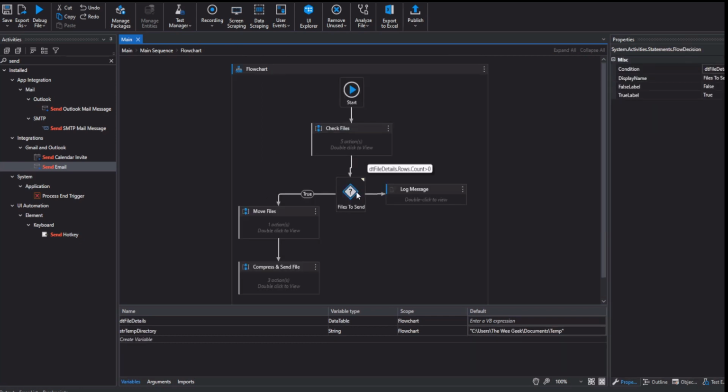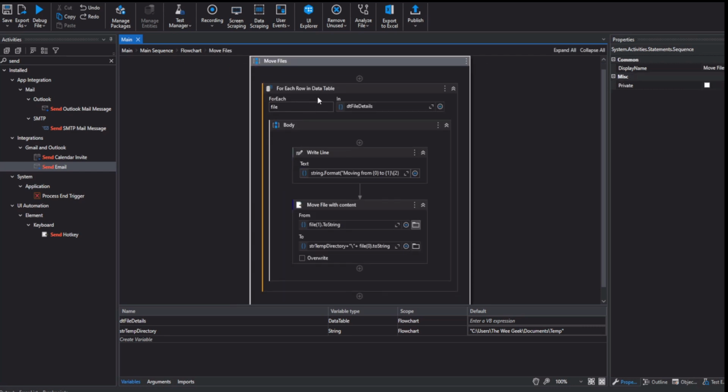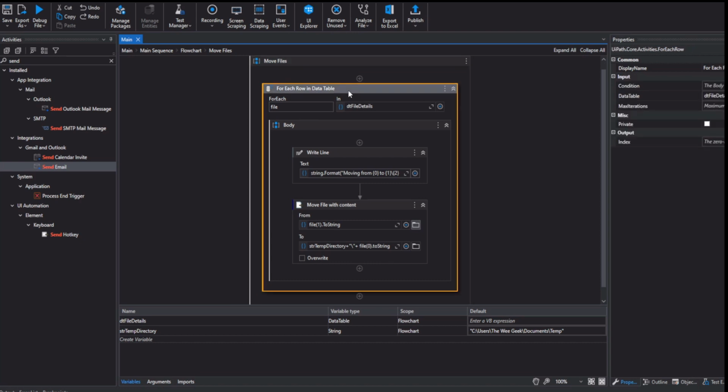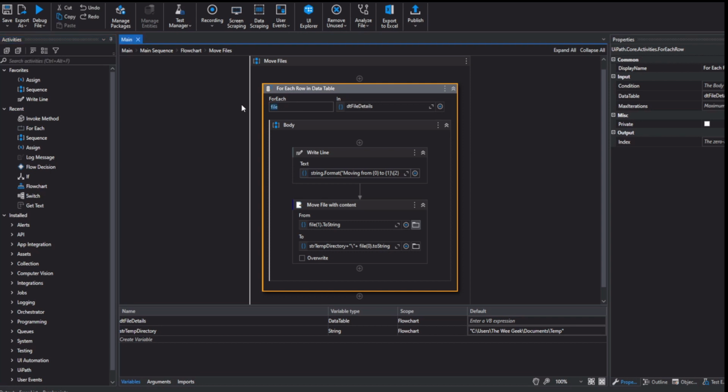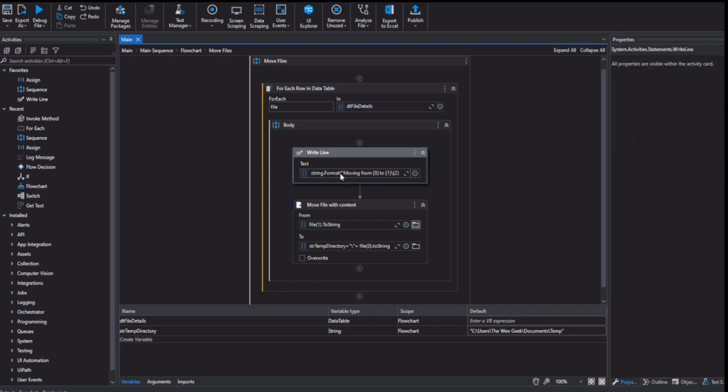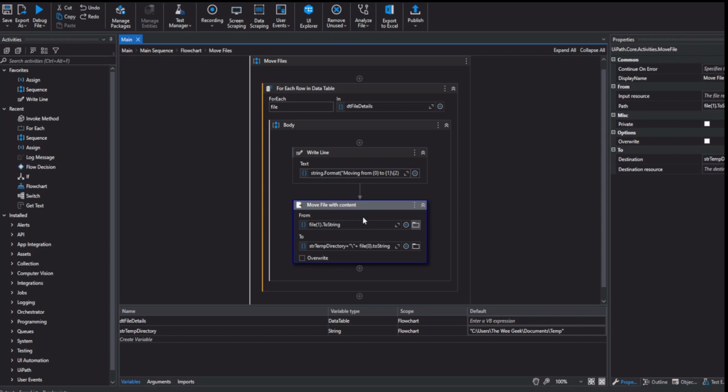Now the robot then follows a condition, so DT file details. So if the data table rows.count is greater than 0, meaning that we've found some files to actually pass on, we're going to move those files. That is done by means of using a for each data table activity. Now what I've done here is basically to stipulate for each file within the data table file details, just do an arbitrary write line in here so I can see where it's moving from and where it's going to, then physically move the file from